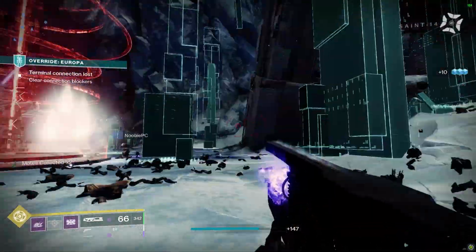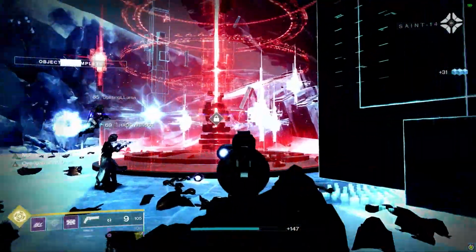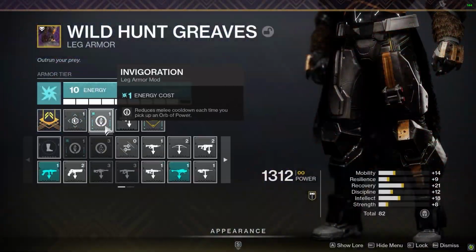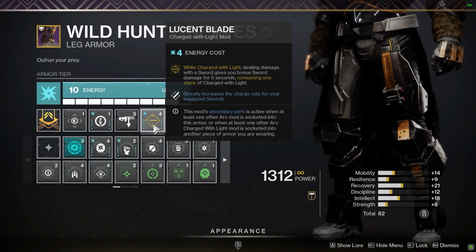You're going to be picking up orbs, you'll get charged with light. It's just less to think about. You can definitely spec out for other things, but if you want to just test out the build, Taking Charge works. Now, a quick note, I throw on Invigoration on my legs here to proc the secondary effect of Loosened